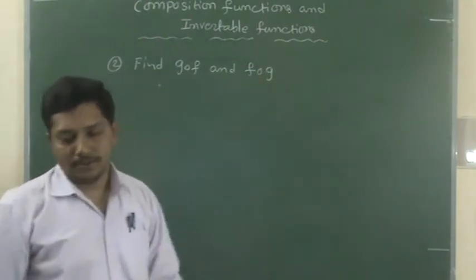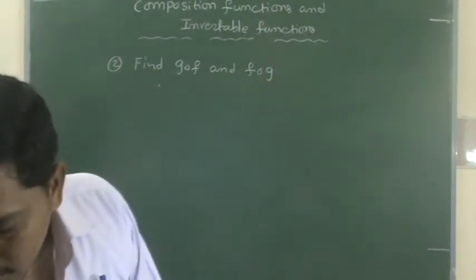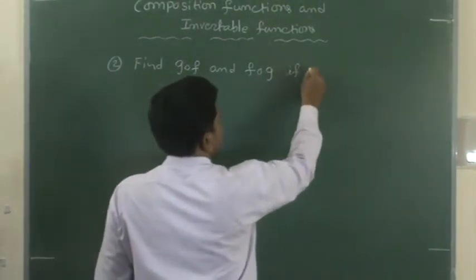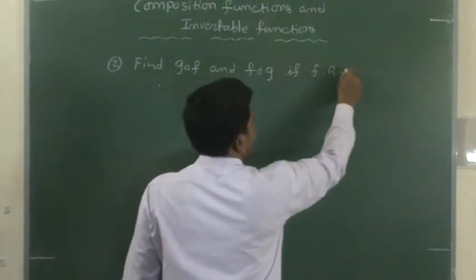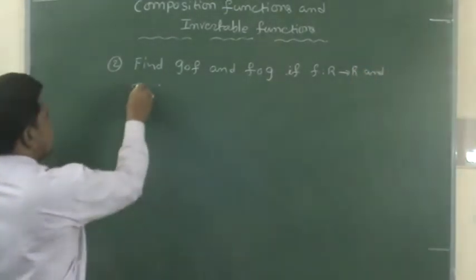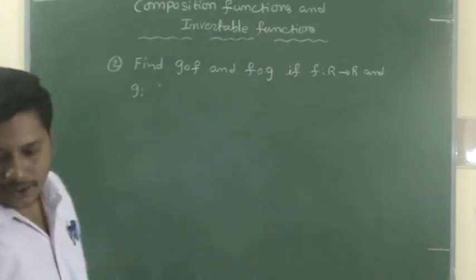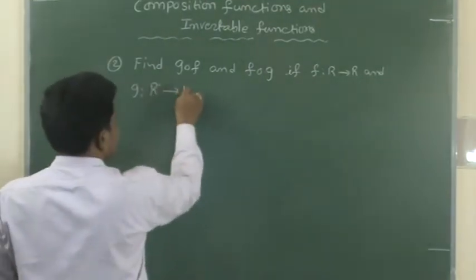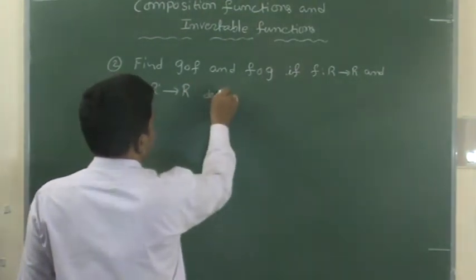That is the most important point, right? And if f is a mapping from R to R and g is also a mapping from R to R, real numbers to real numbers. Good. Defined by,